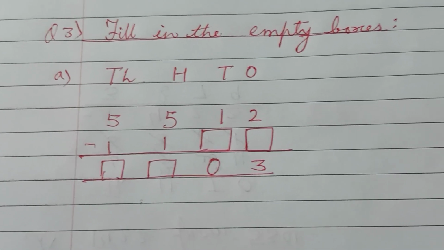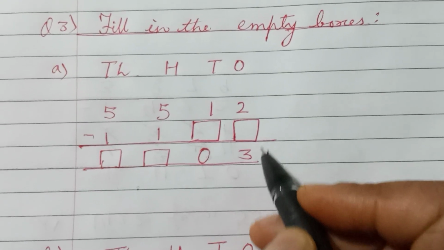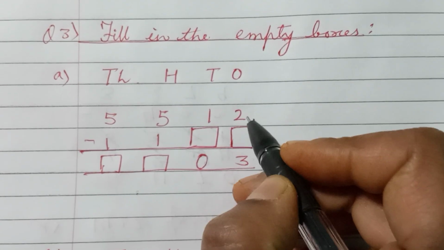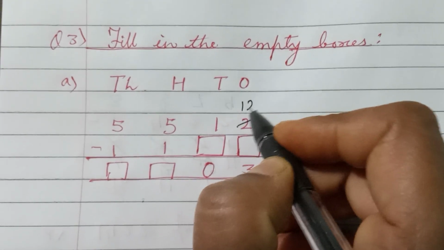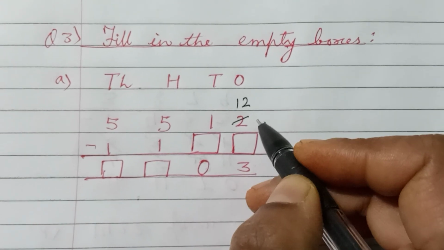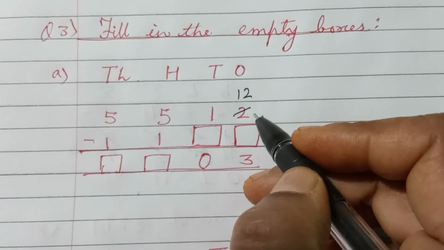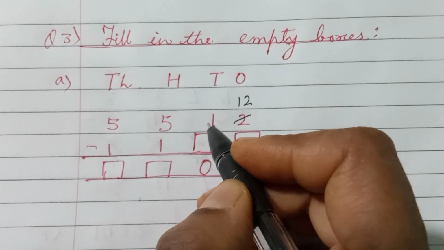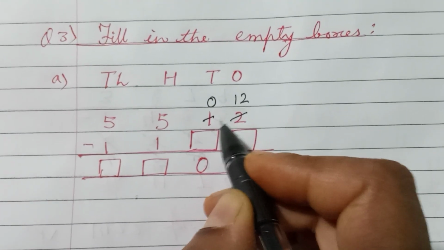Look at question number A. Here children, this digit we don't know. But after subtraction, we are getting a 3. That is more than this number. It means you are not subtracting from 2. You are subtracting from 12. Clear? Because the difference you are getting is more than this minuend, it will not be 2, it will be 12. And how will it become 12? It means you have regrouped these tens, no? Now these two steps are clear.